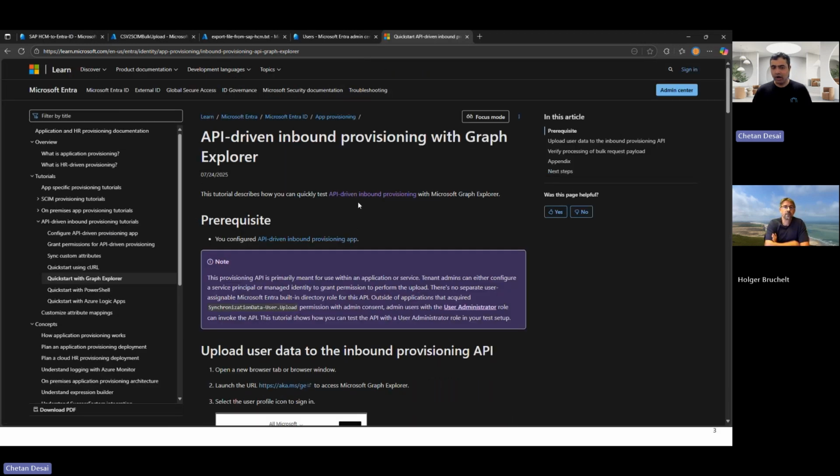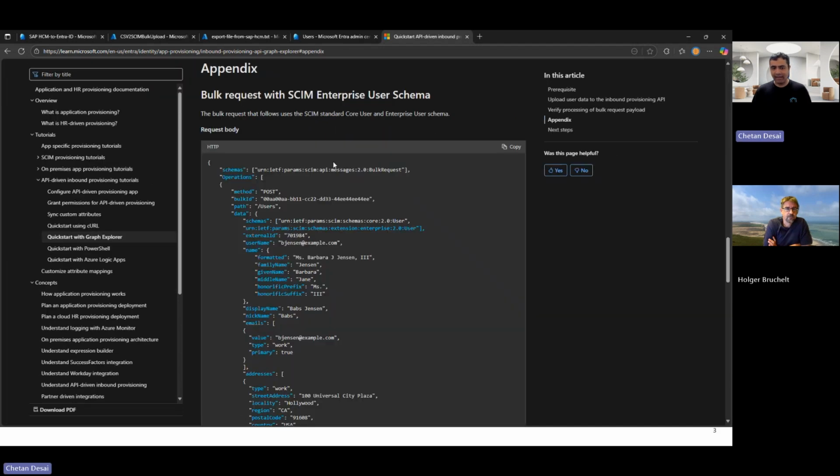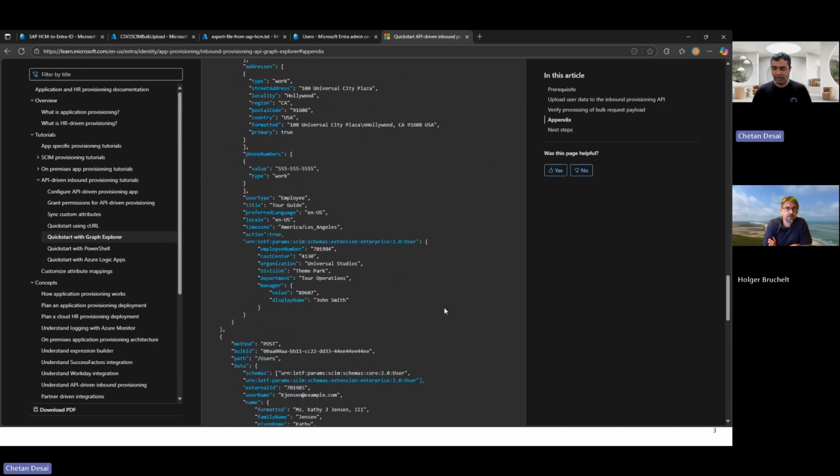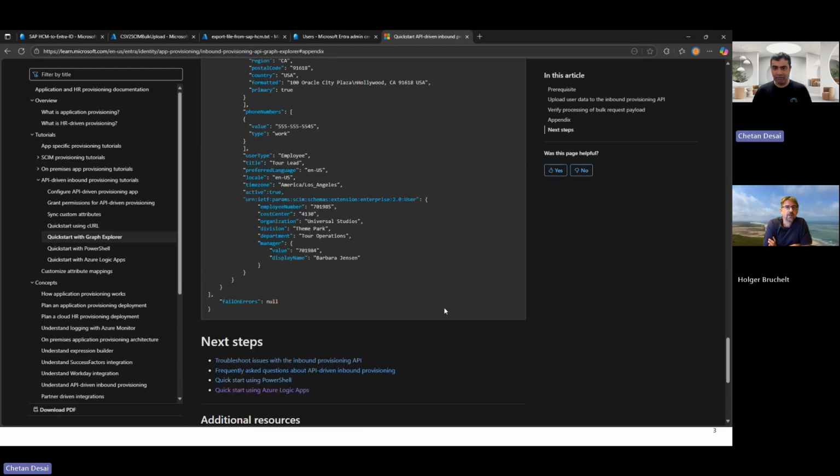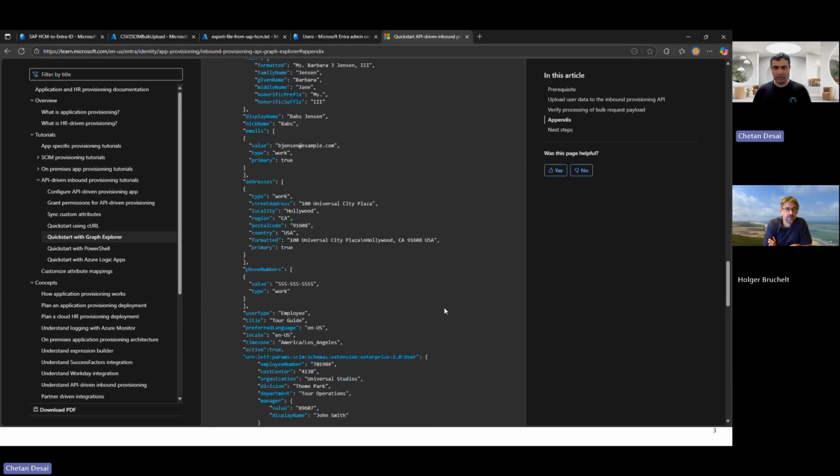There is a bunch of documentation we have published on how you can quickly test this endpoint. If you open Graph Explorer, you can go directly to the appendix and copy this body. This is the SCIM payload that you send to that endpoint, and you can make sure it's working.